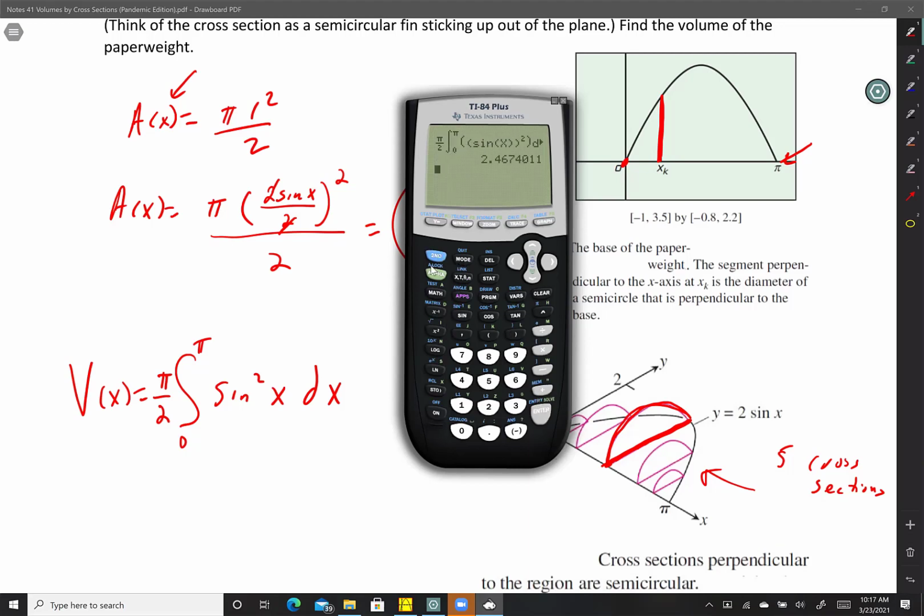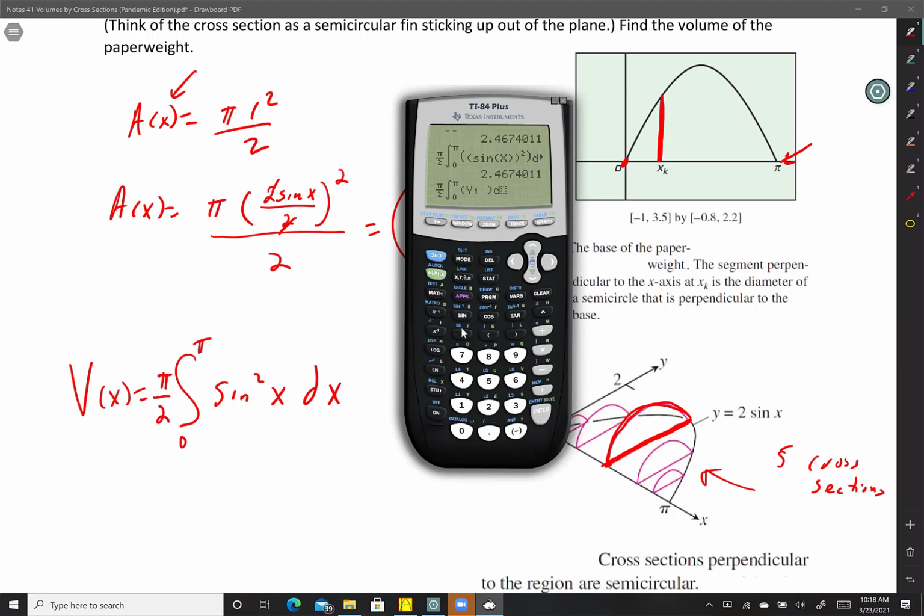And you can just go alpha y equals, and then, sorry, what did I do? Alpha y equals, enter, pi over 2. And then math number 9. And then 0 to pi, sorry. Right now I have it in y1. Second pi. And then I'm going to go alpha